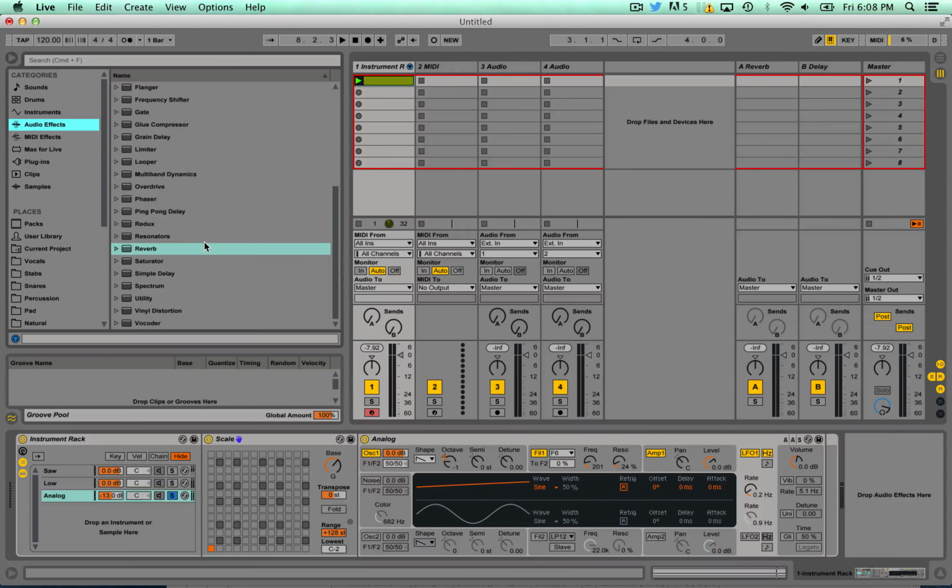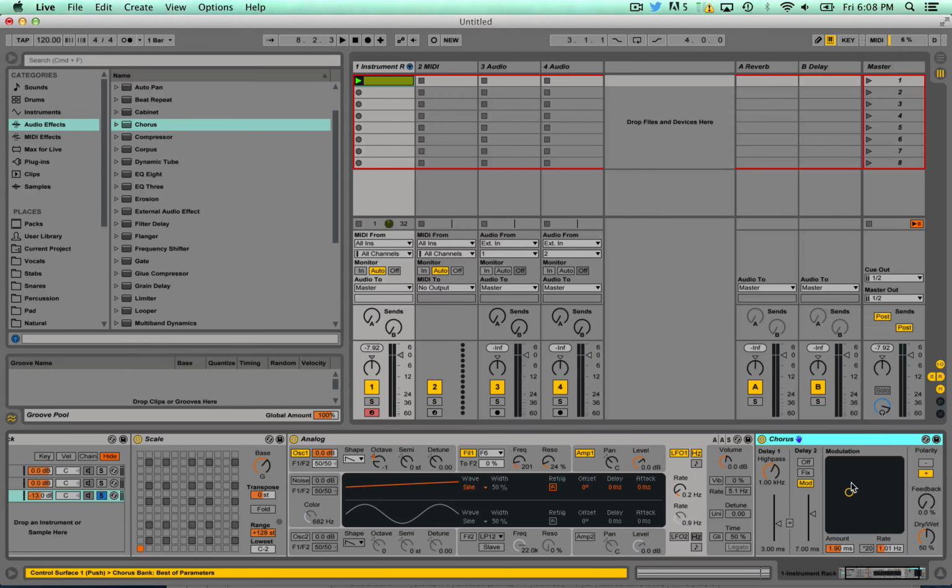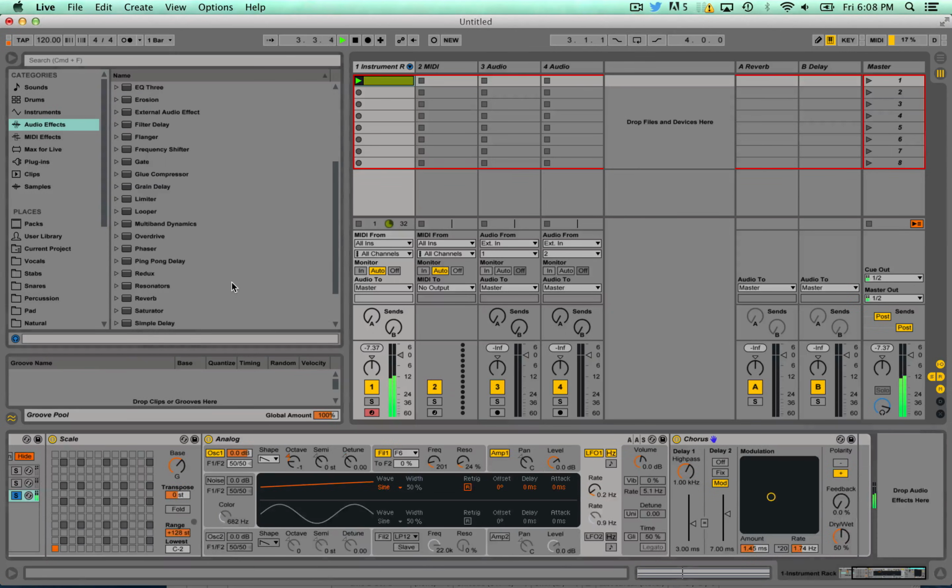That's cool. What would it sound like with a chorus? So go over to my audio effects and throw a chorus after it. It's pretty cool. See what the feedback's like? No feedback. And of course, I reckon we should give that reverb as well to make it a bit more